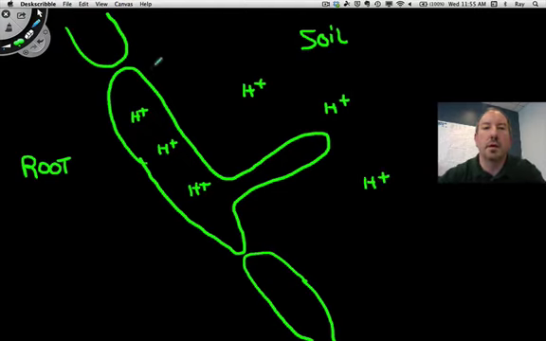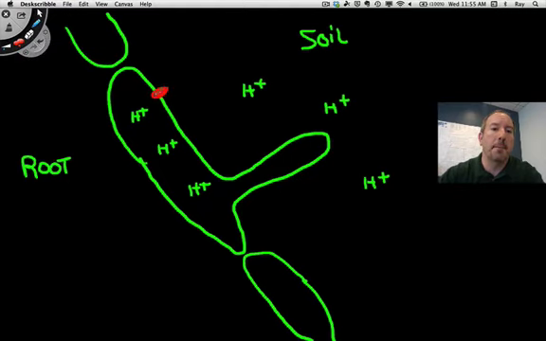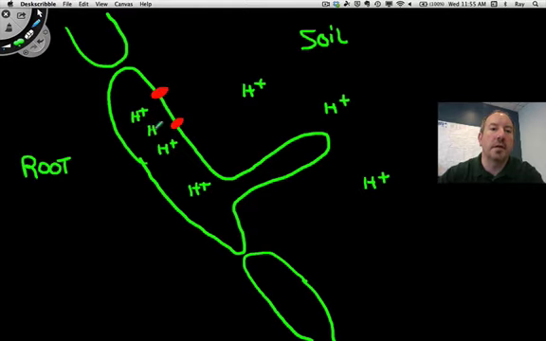So what's the story here? So what the cell can do, and it's surprising because sometimes I don't know if you consider the roots to be alive, but they are. And these cells are alive and they do cool things. Look at this. They can put membrane proteins that are specific for protons. And check this out. You know what they do? They use this and they take these protons and they push them out here